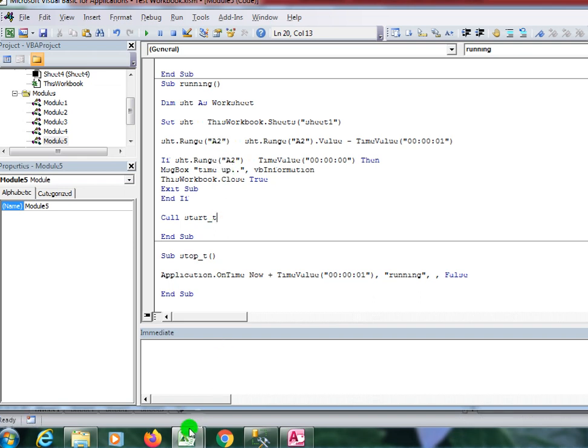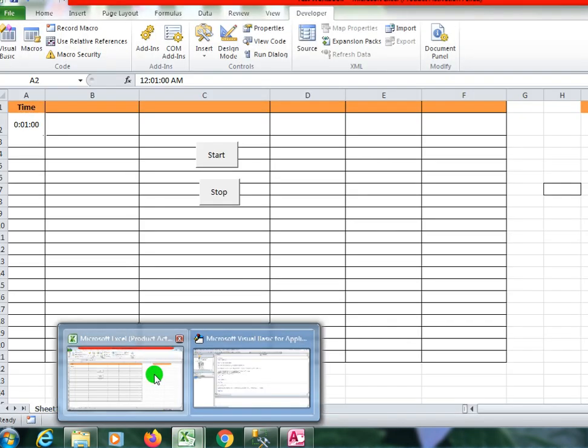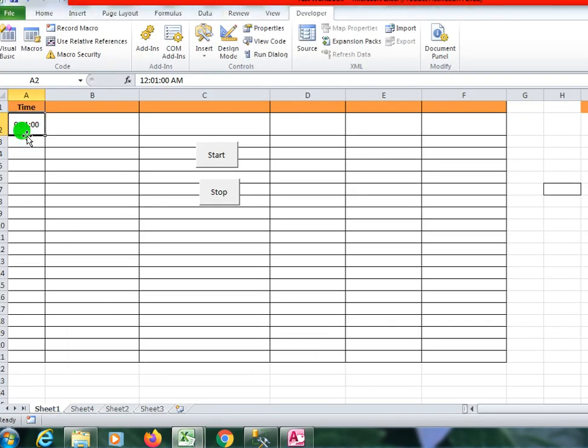I'm saving it. Now I go to my workbook. Here I simply mention 1 minute, so I write 00:01:00, giving the user 1 minute to do a specific task.